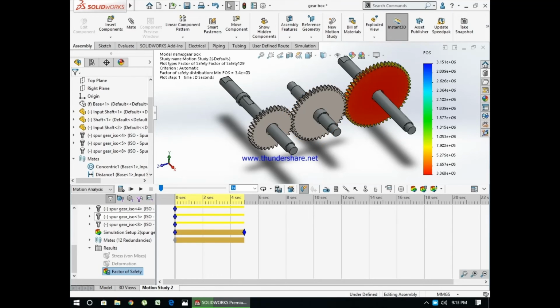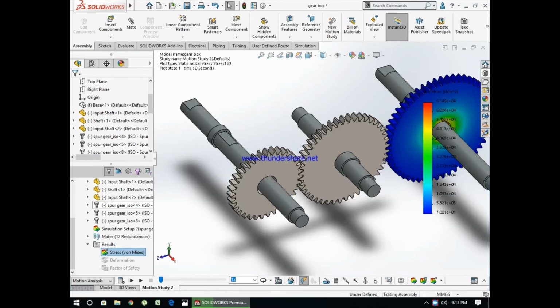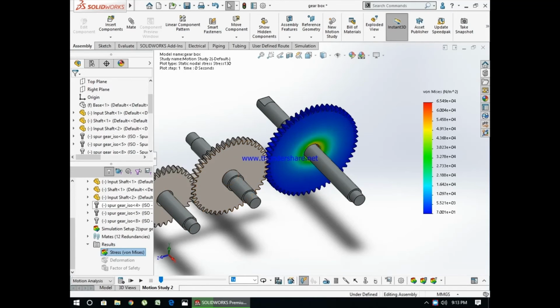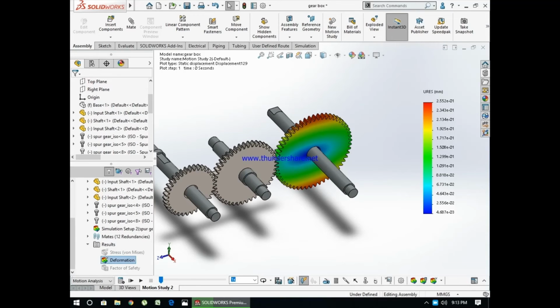So the meshing results have been completed. We are going to select first the von Mises stress, and here you can see the plot. These results are for the third gear. Similarly, you can simulate for these two gears also. The maximum value is 6.5 times 10 to the power 4 in Newton meters, and the lowest value is 7. Similarly, we can show deformation also, how much the element has deformed. It is 2.55 times 10 to the power minus 1, that is nothing but 0.25. So it is a very small deformation. So these gears will